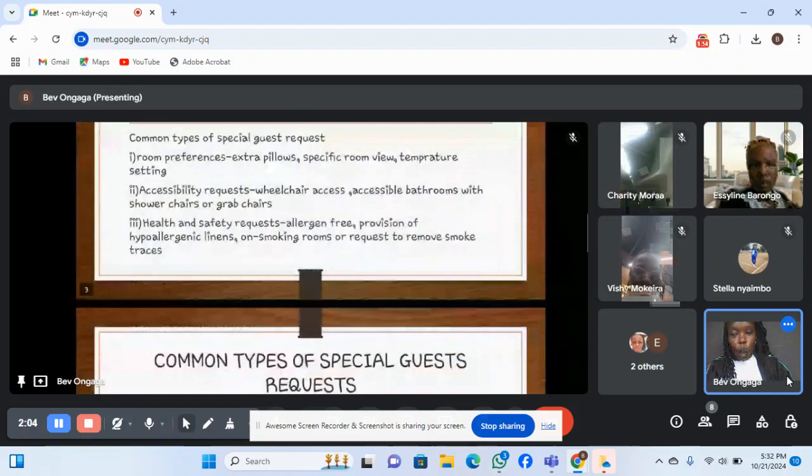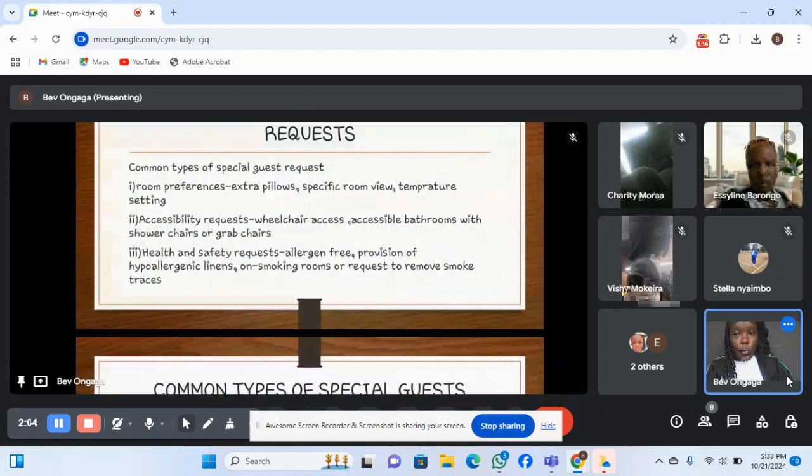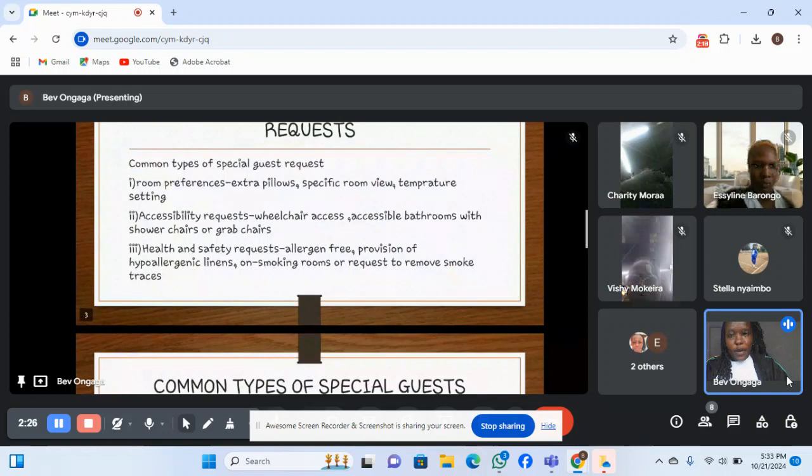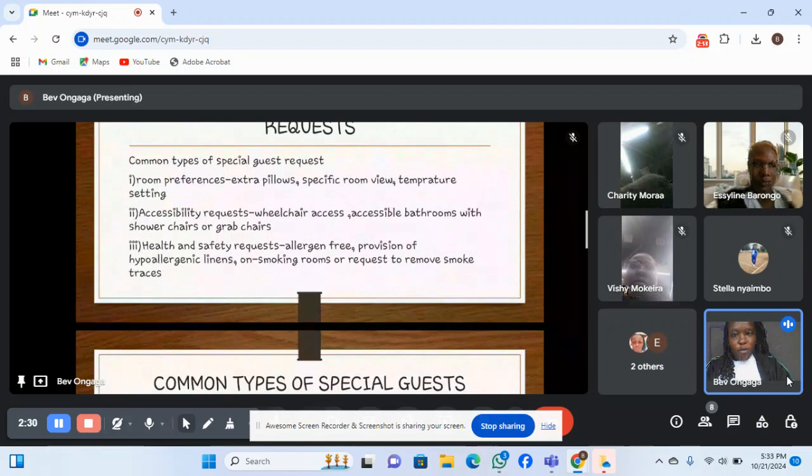So we can go through some of the common types of special guest requests. An example could be room preference. A guest could request a room and they request that they have extra pillows.